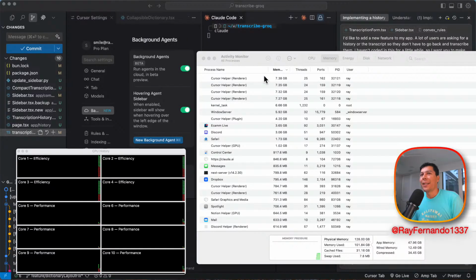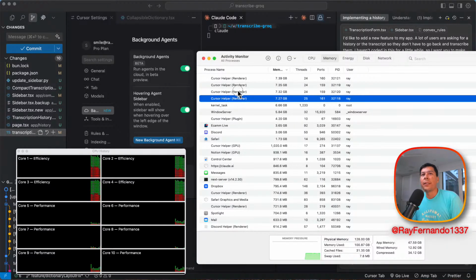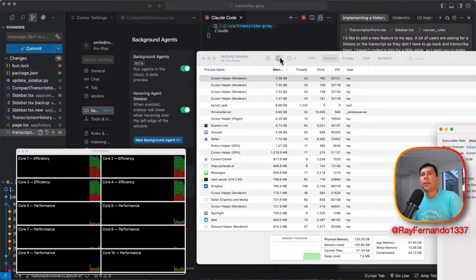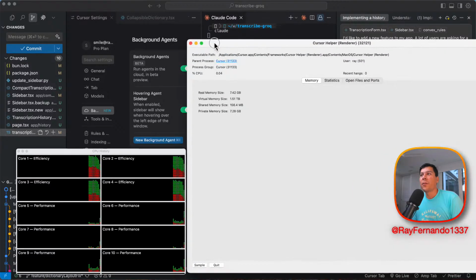Let's see. I don't know if you know, but I have 128 gigs of RAM on my machine. I'm live streaming to all these different locations and I've used up 100 gigs. Damn. Oh, wow. Look at this. Cursor is eating up a ton of memory. That's a massive memory leak. I'm debugging this live on the stream, but why not?